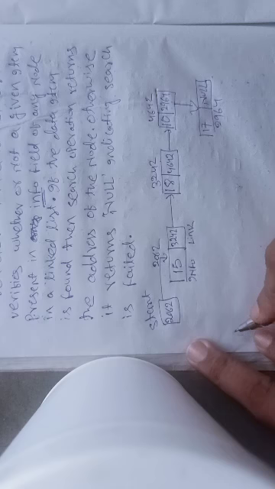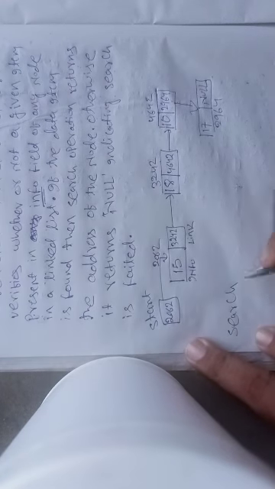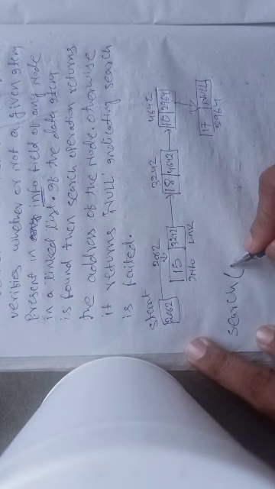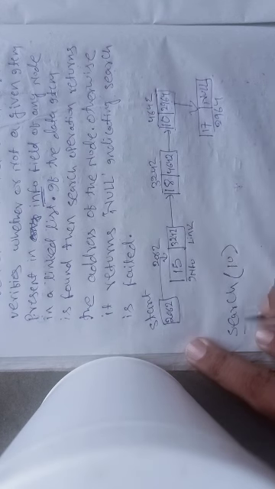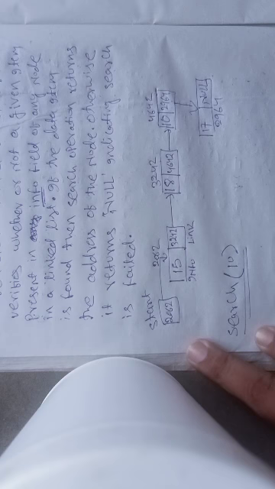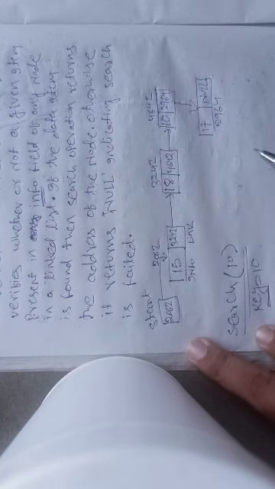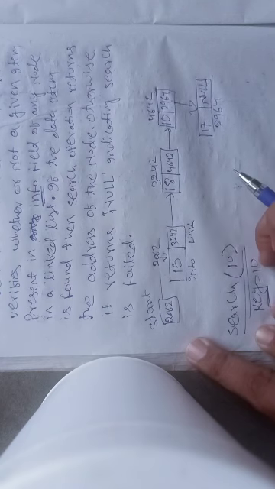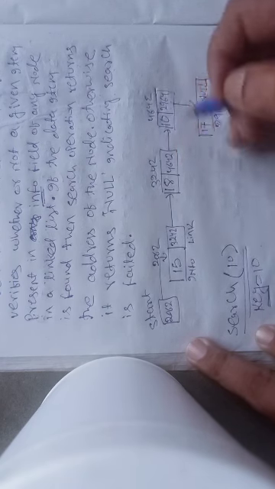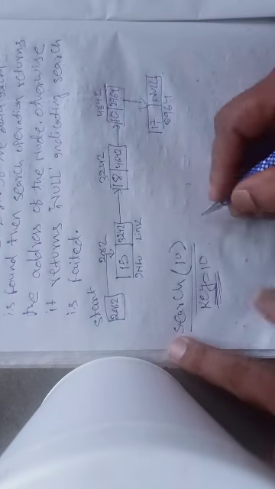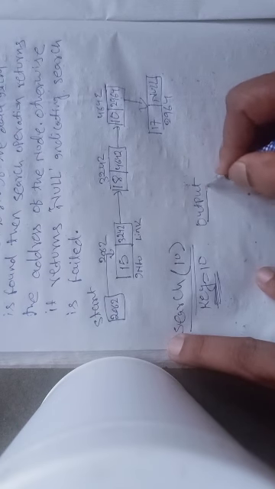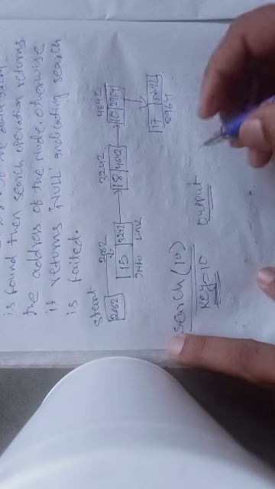Now we want to perform a search for 10. So this is the operation we want to perform. Our given data item is 10. So here we will say k means key value. Our key is 10. So we want to check whether this key value 10 is present in any of these nodes or not. So what will be the output of our operation?